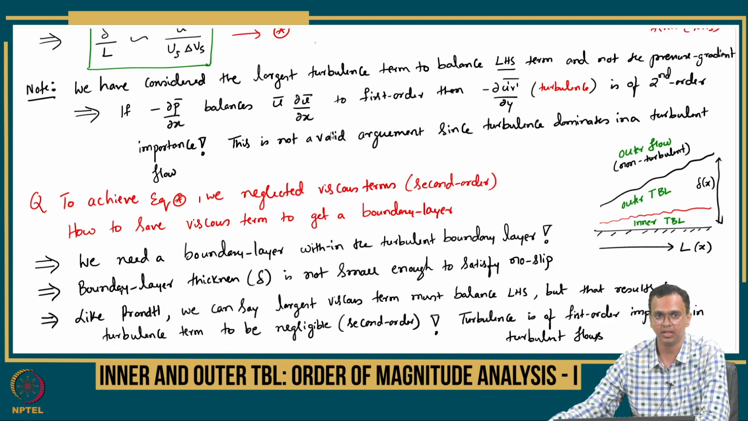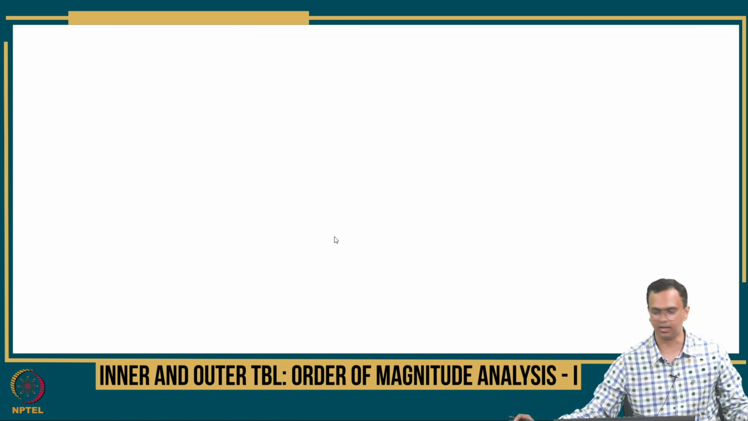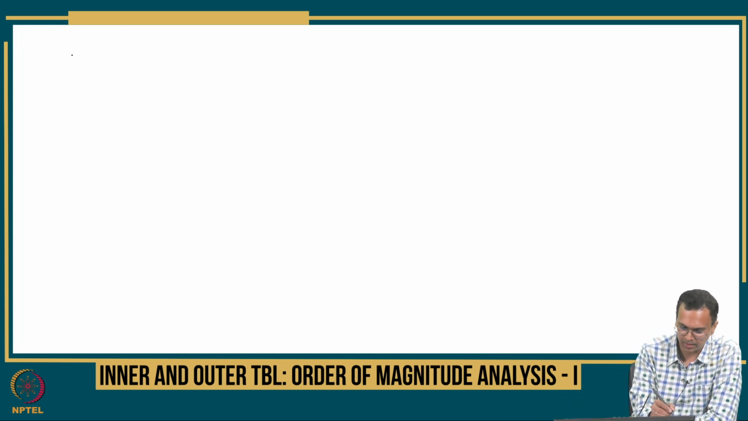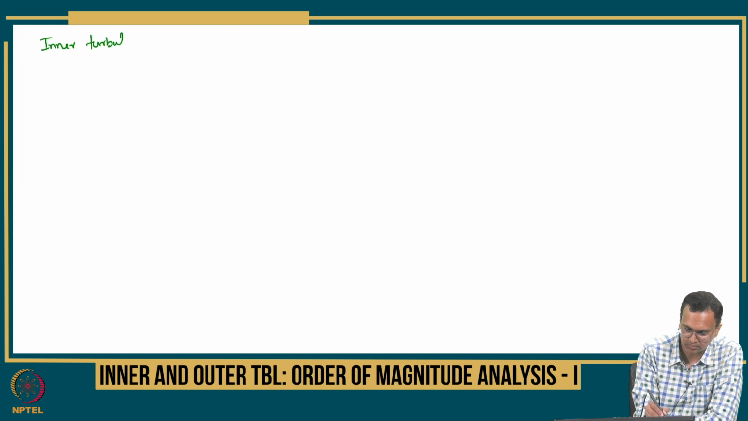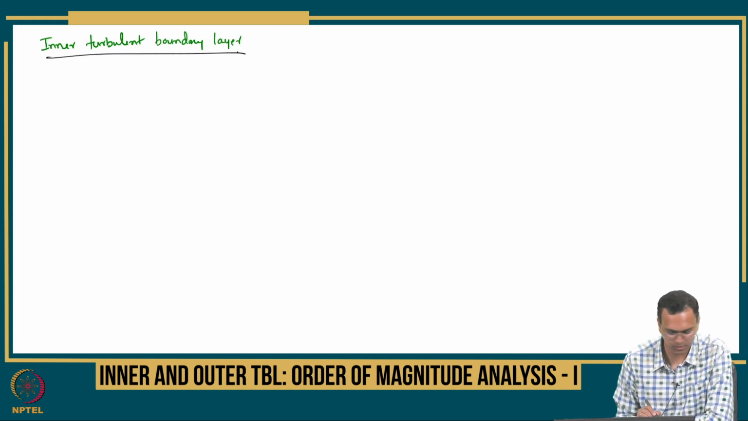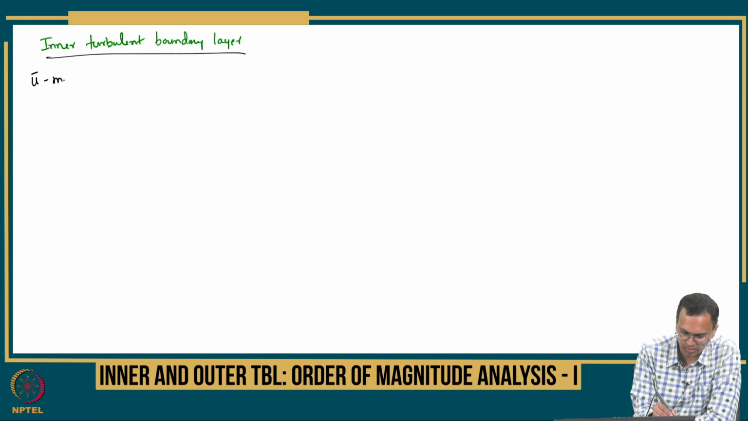Okay, so there must be an inner turbulent boundary layer, and for that we choose a new scale and we redo the whole analysis. So we'll call this the inner turbulent boundary layer. So we have the same momentum equation, the U momentum equation, right? The U momentum equation,